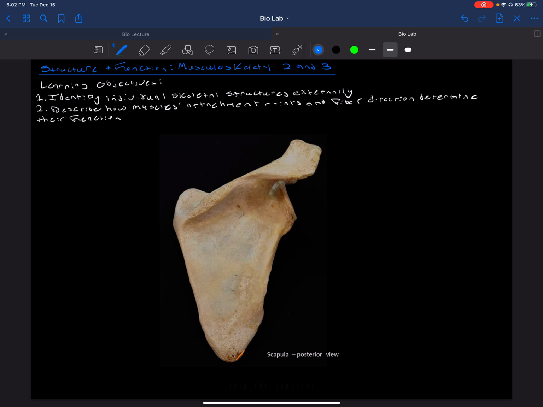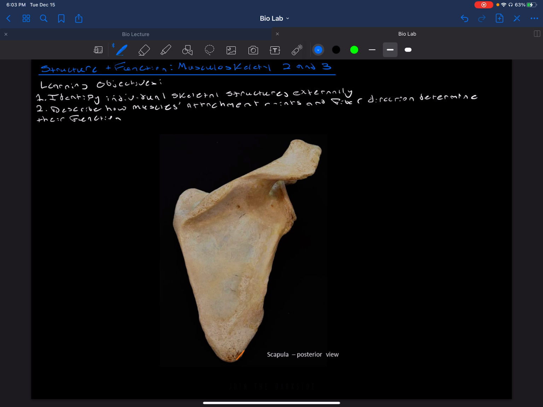Today I'll be talking about structure and function of the scapula and the muscles that act on it. The information that I'll be talking about is covered in two labs, musculoskeletal 2 and musculoskeletal 3. The learning objectives that I'll discuss are identifying individual skeletal structures externally and describing how muscles' attachment points and fiber direction determine their function. First, I'll discuss the scapula, and in this picture is the posterior view of the right